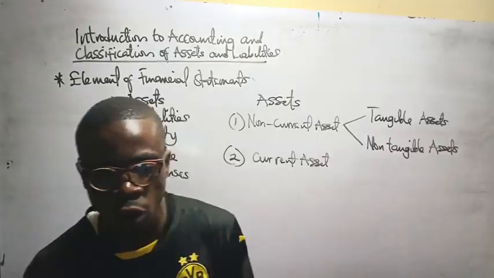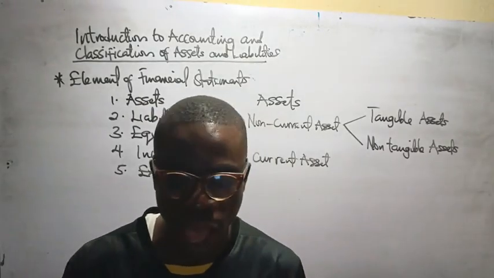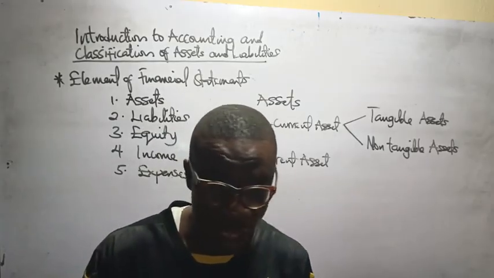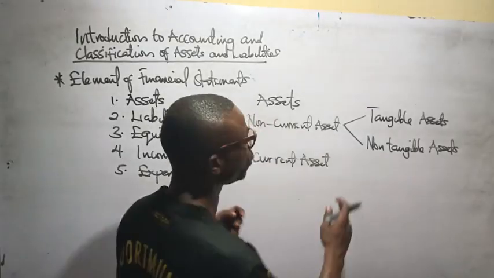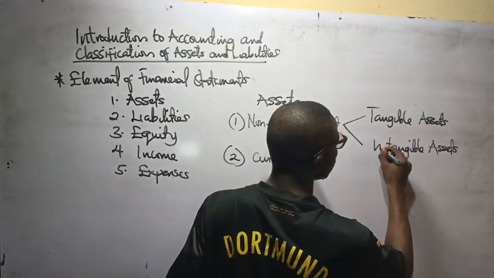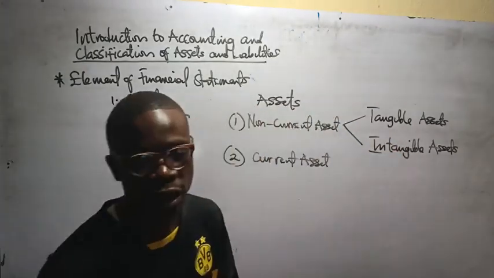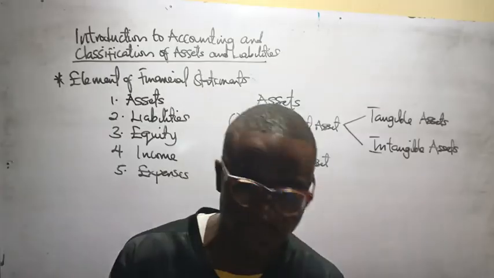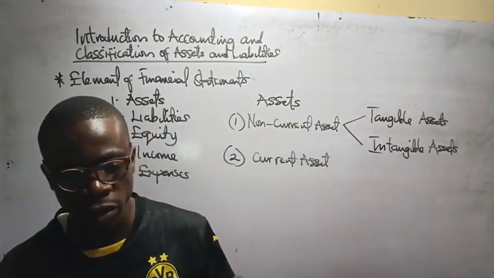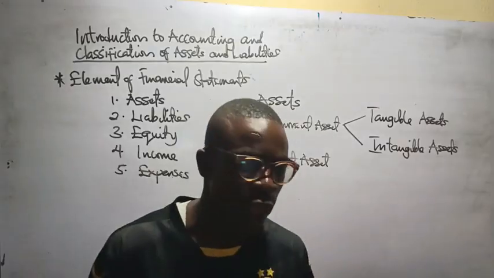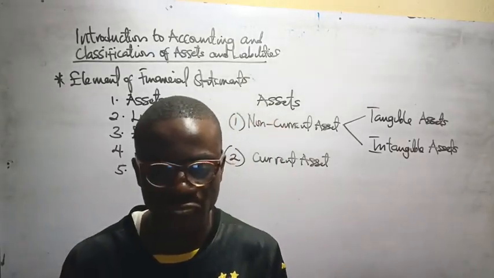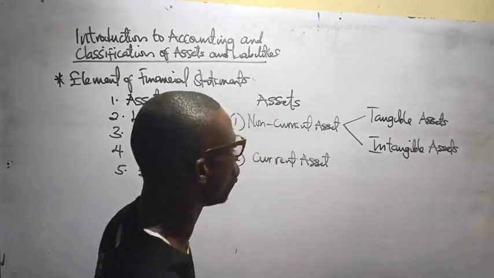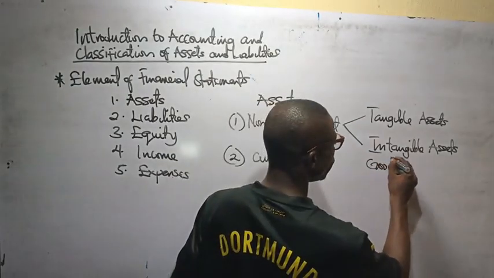They are assets that you cannot see. They do not have a physical form. Sorry, I mean intangible assets, not non-tangible assets. Intangible assets are assets that do not have physical characteristics. That means you cannot see, feel, or touch them. They are non-physical assets. Examples of intangible assets are goodwill,